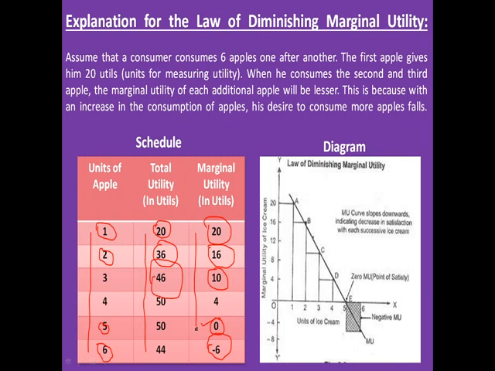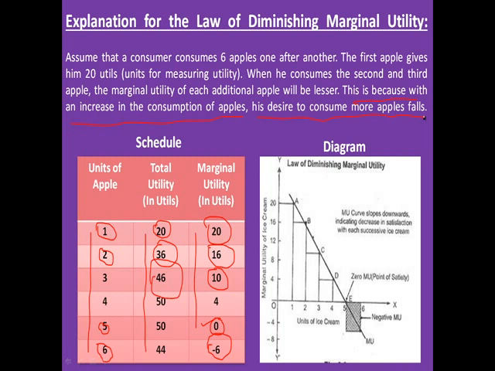Why does it happen? This is because with an increase in the consumption of apples, his desire to consume more apples falls. So when you are consuming the first apple, you have a greater desire to consume, so the satisfaction level that you derive from the first unit is very